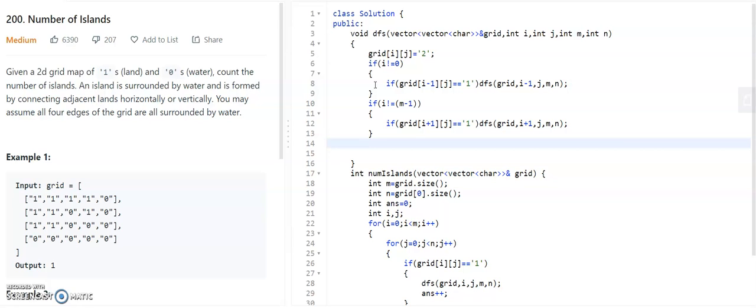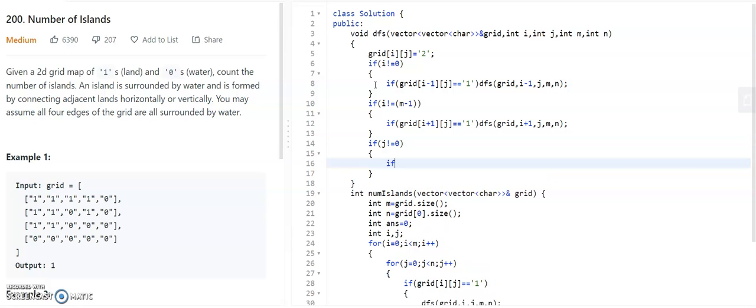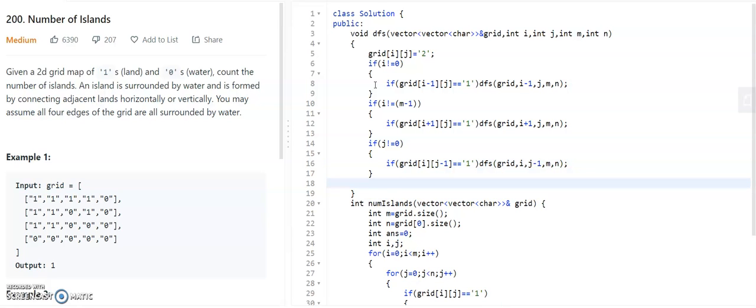As we have seen the top and bottom positions, then by varying j as j-1 and j+1, we will see the left and right also. So if j is not equal to 0, we can check the left position also. For that, the left position element should be equal to 1. Then you will make a DFS at that position simply by i, j-1, okay. And the same for the right also.